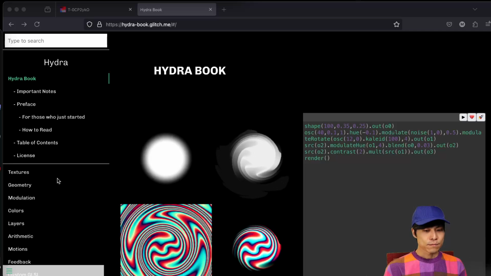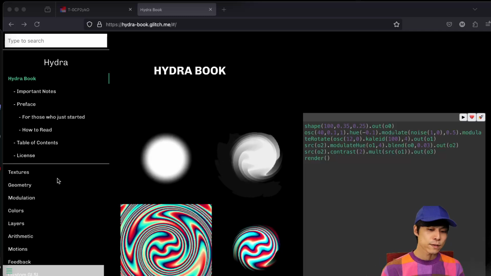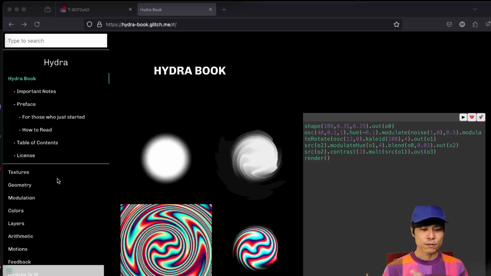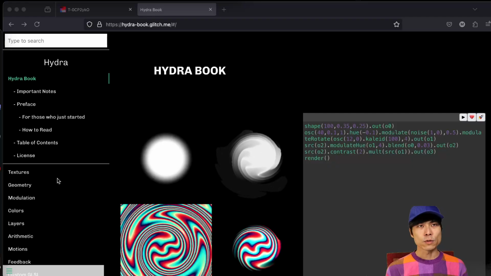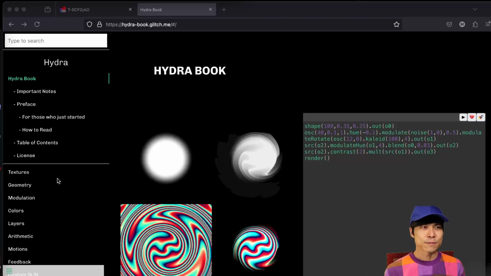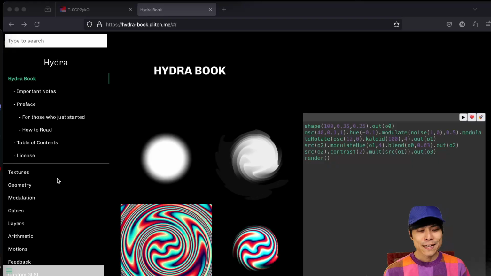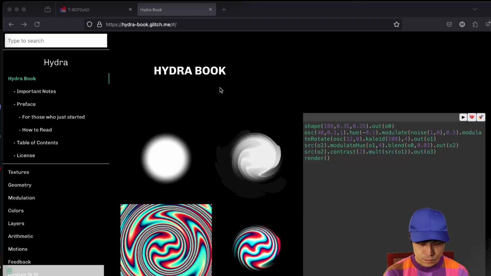This format also fed back to the official documentation of Hydra, official, quote unquote, which you can go to, for example,